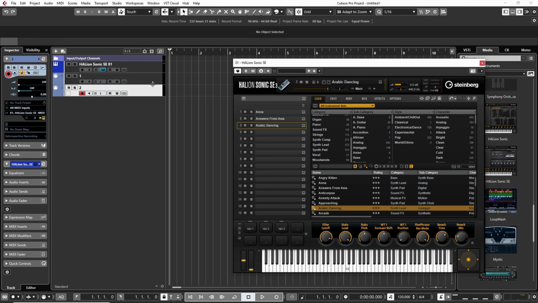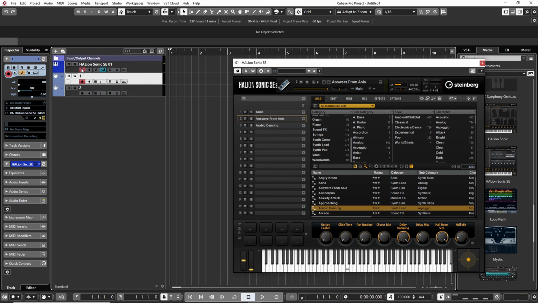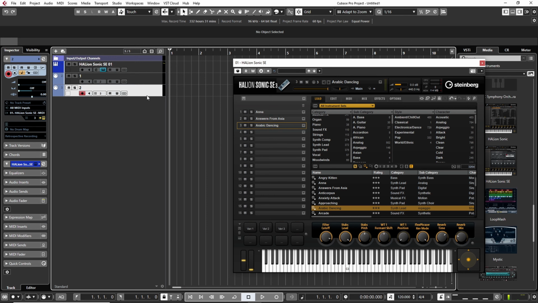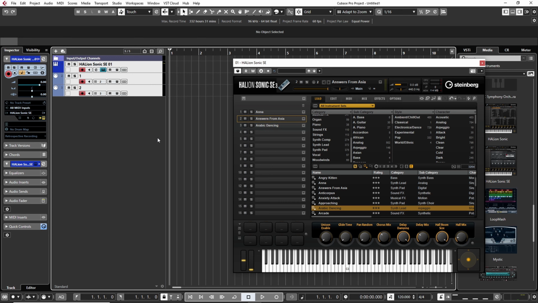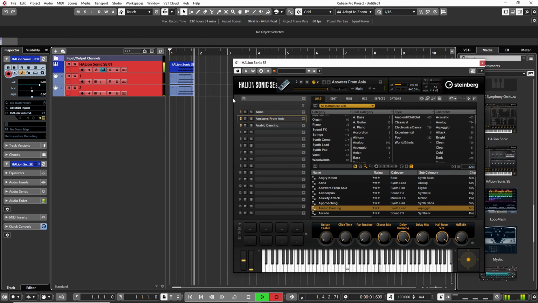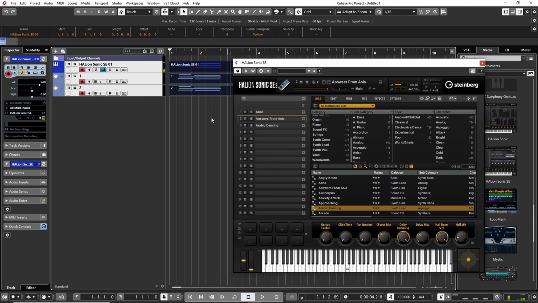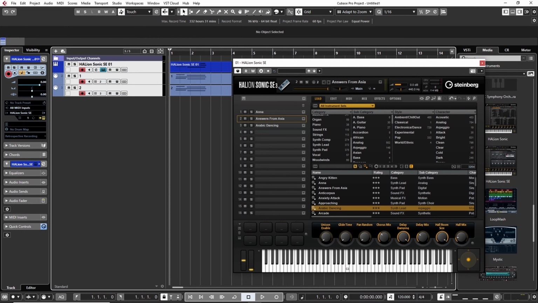So one thing I could do is just enable record on every other track, or I can just get rid of those and mark them by hitting Control again and marking all of these tracks. So I have the recording option activated on all of them. And if I now hit record and play something, again I have my MIDI keyboard attached here, you see that it has been recorded on every single track, and then you hear, if I'm playing this back, that